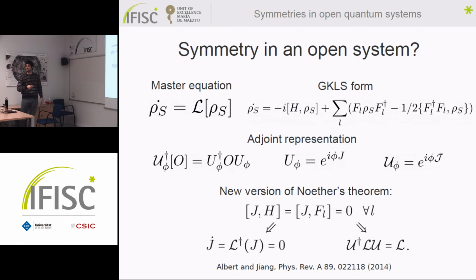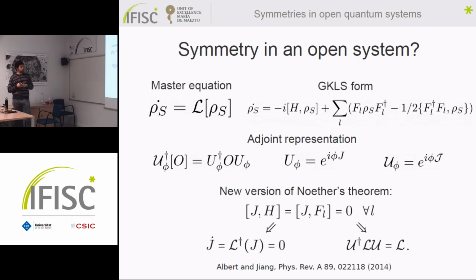Yes? Sorry, I'm a bit lost. Like you have a conserved quantity in your system or in the environment? That you can measure in the system that is conserved. Exactly, because now, when I use this superoperator, I'm forgetting about the environment. All the things I say are about the system, because there is this marginal distribution that you take, and so you forget about the environment. The environment is hidden in this superoperator that is driving the system. Before it was the Hamiltonian, now it's something different because there is the environment, but still you forget about the environment.